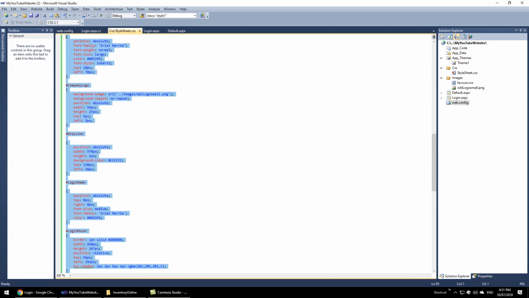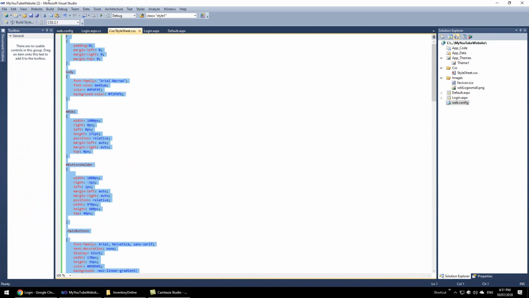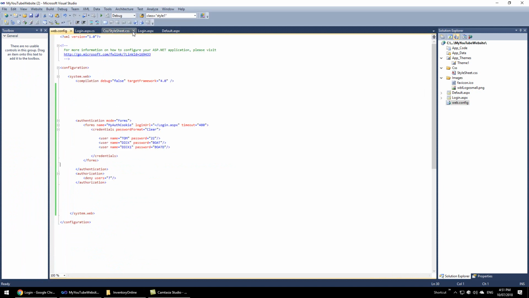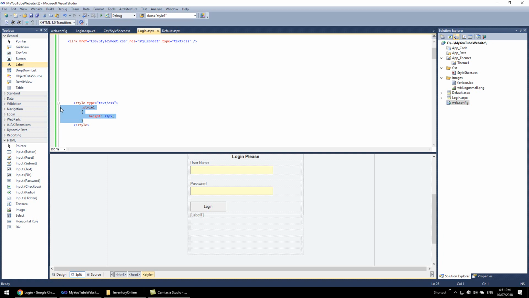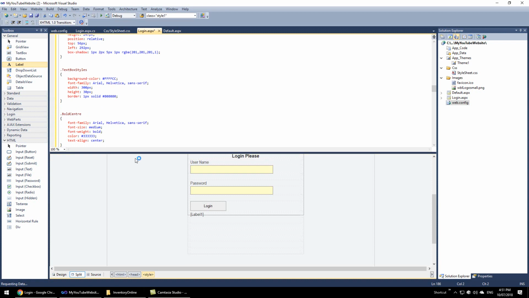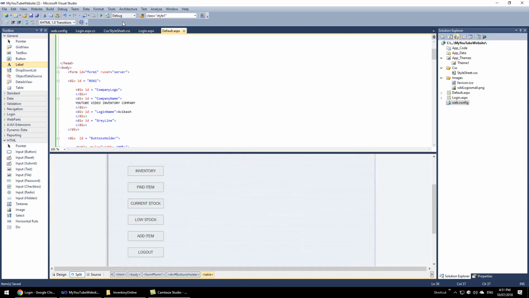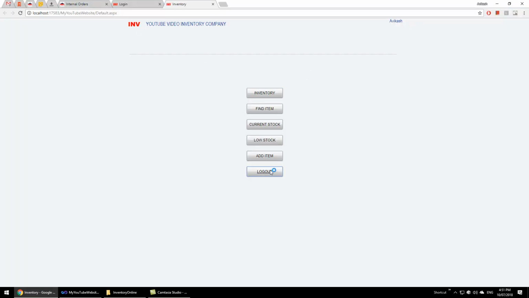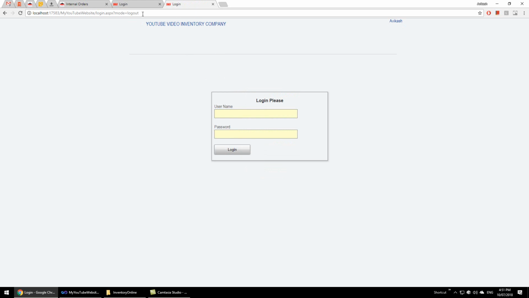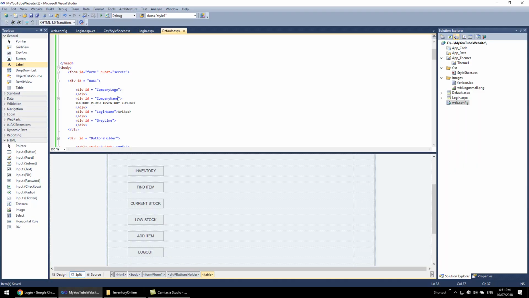I will just copy all this style from the style sheet, every style, and on the login page, where is the login page? Between these two style tags, I will backspace and make some space and paste everything over here. So nothing much changes, and then I save it all, and now I try to run the default page, and I have to be logged out to confirm, because see, I have logged in once into the site, so let me just try